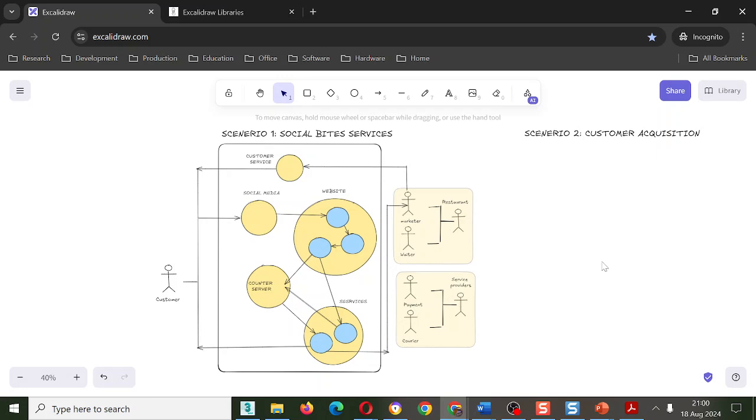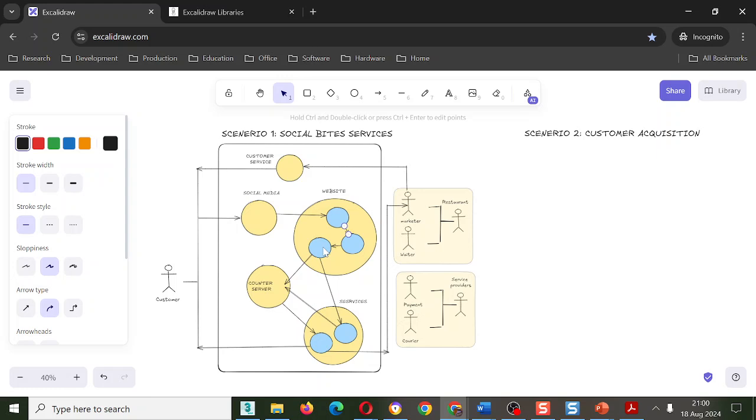Now, based on these activities, these yellow circles become our activities, but the blue ones in the middle, inside, become our tasks. There may be no tasks in some of these others because social media is generic. Whatever you do in Instagram, you're doing in TikTok, so it's fine.